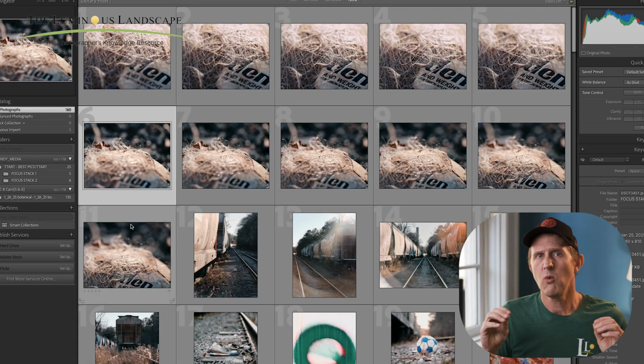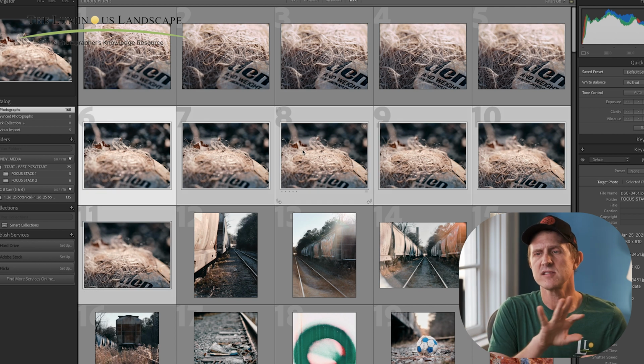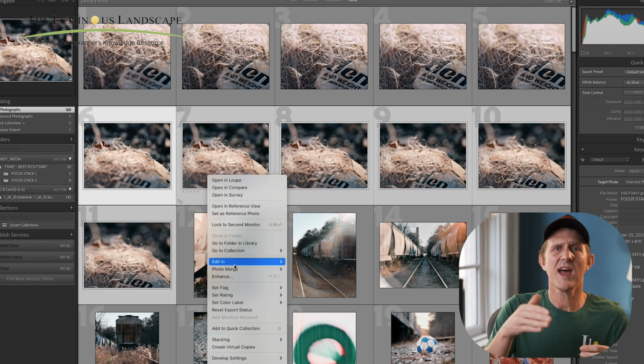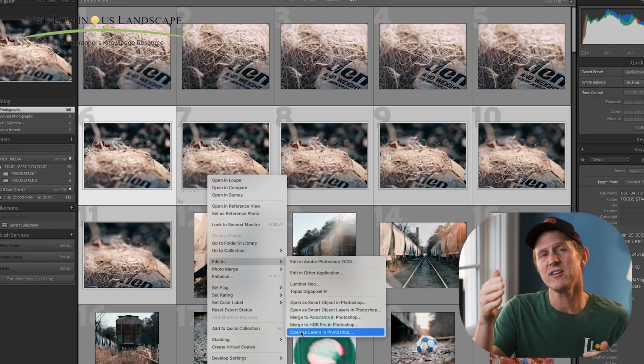Then when I take that stack, this is my process. I went to Capture One. I did my light color correction with all of them, and then I exported those as high-res JPEGs and brought them into Lightroom. Once in Lightroom, I selected those images that were in the focus stack, and then I right-clicked and said, Edit in Photoshop